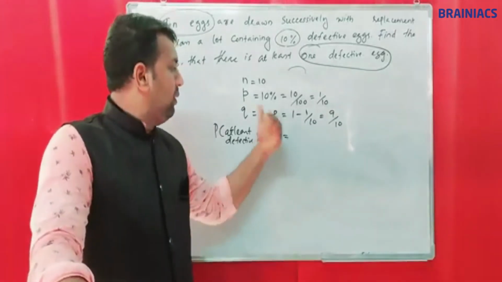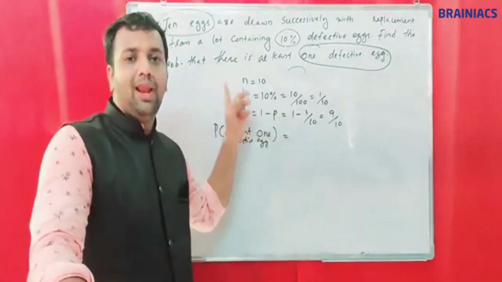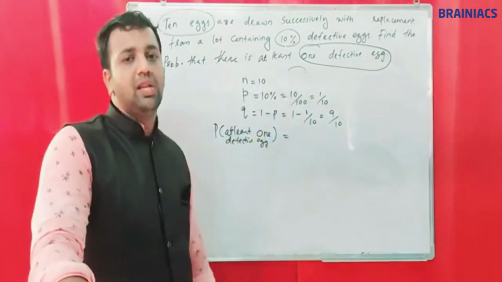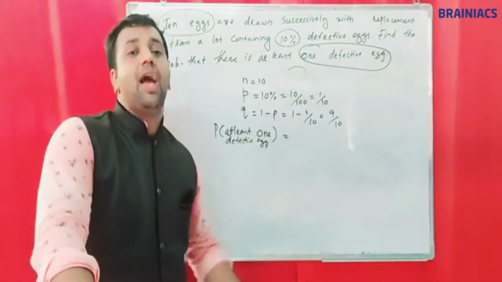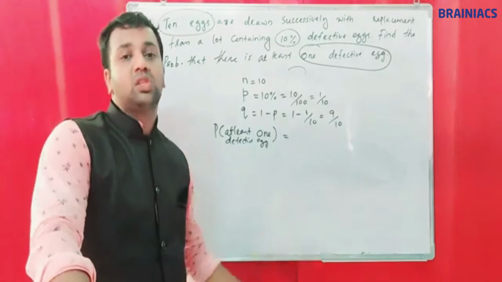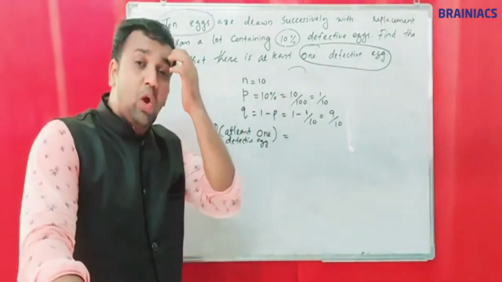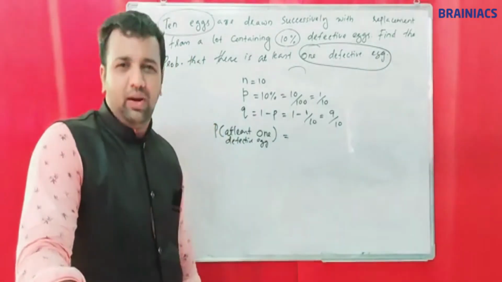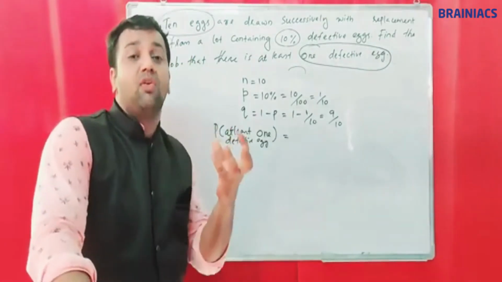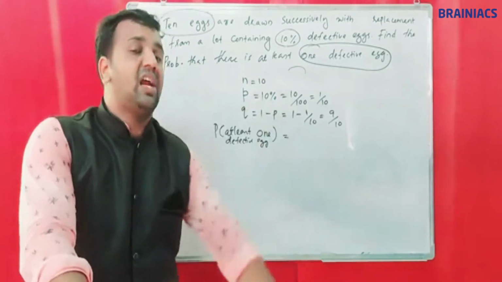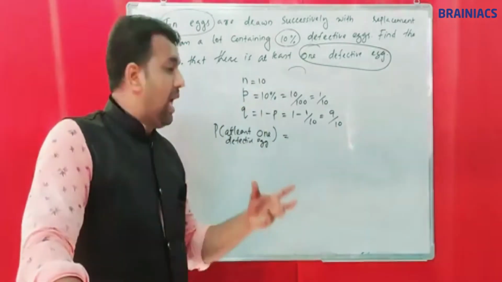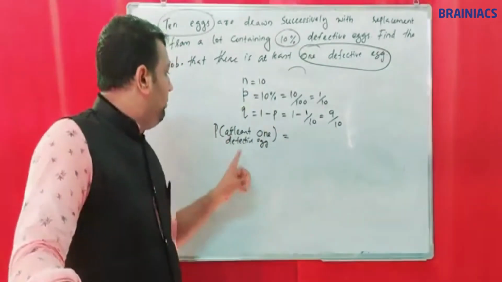So we put the values for p, q and n in the binomial distribution equation. So we get 10 values, then adding these 10 values we get an answer. But here we can choose a shortcut for at least one, by avoiding these 10 values. Okay, the calculation will be easier.